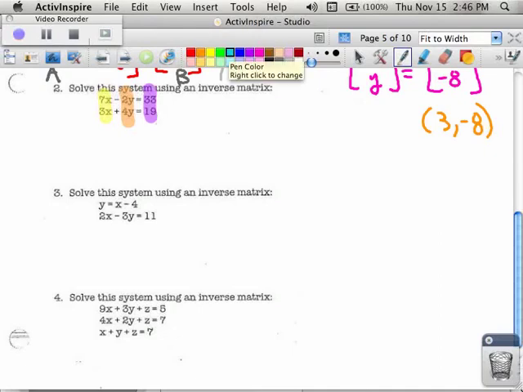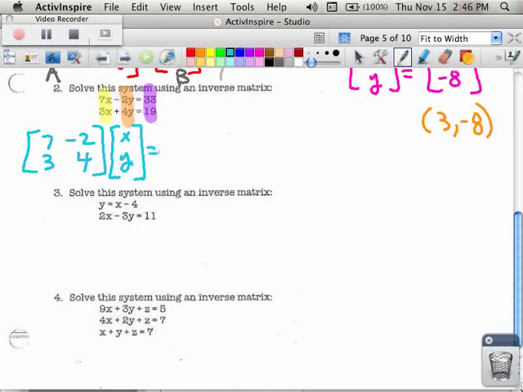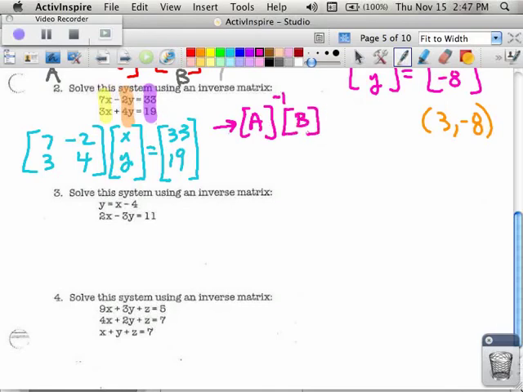And so in my first matrix, my A matrix, this time, I'm going to have 7, -2, 3, and 4. Your second matrix will always be x and y, or whatever 2 letters they're using. There will always be an equal sign. And then my last matrix is what you see in the purple highlight, which is the set of numbers on the right-hand side of the equation. And don't forget, that means, of course, that I'm going to be doing the A inverse matrix times the B matrix in order to make that work. So now I'll go to my calculator,